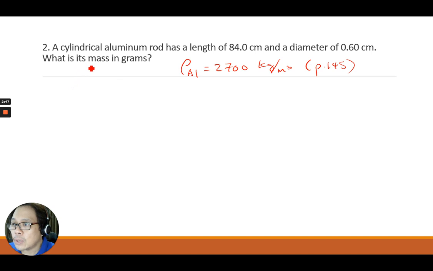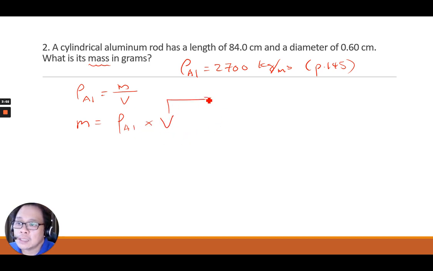You are asked for the mass. We know that the formula for density is mass divided by volume. Therefore, mass is equal to the density of aluminum times the volume of the aluminum. But in this case, the volume is that of a cylinder. For a cylinder, the volume is V equals pi r squared h. We can compute pi r squared h first, or just substitute it into this. So the mass is equal to